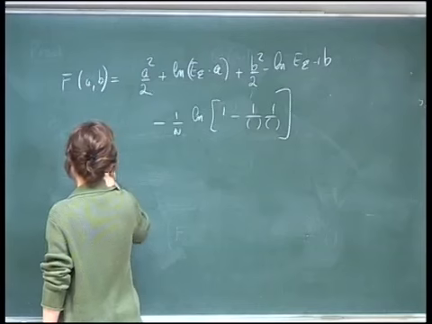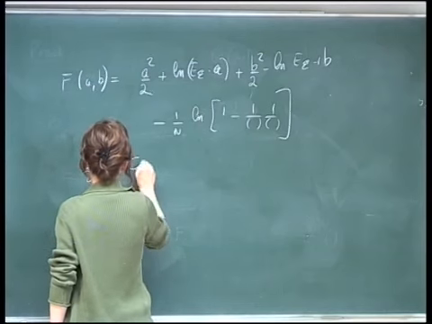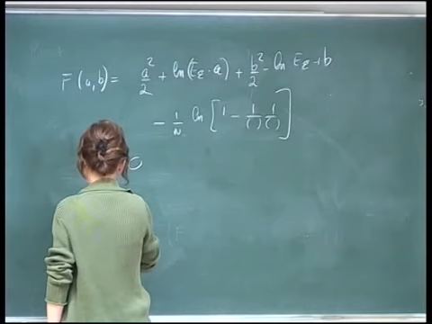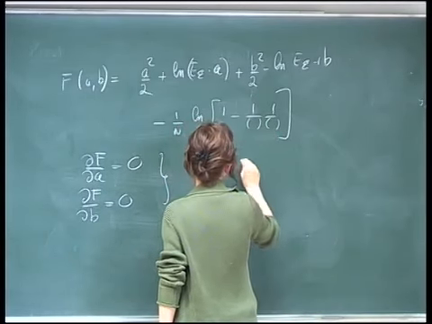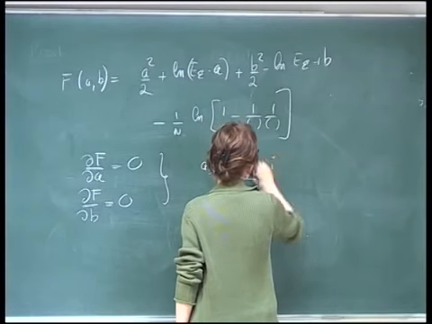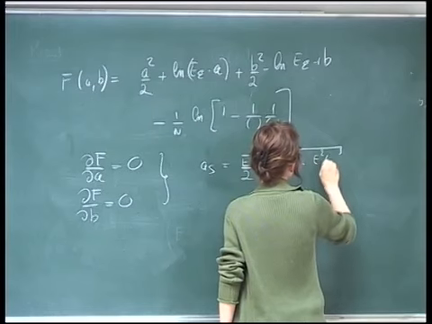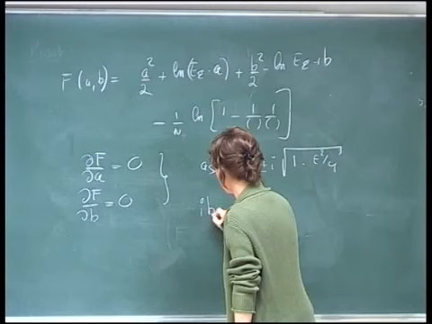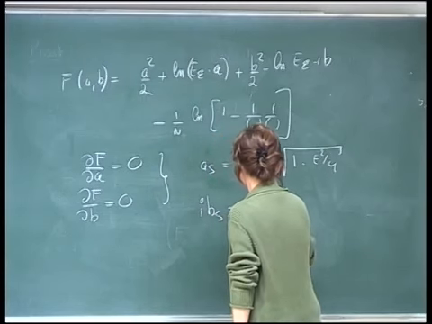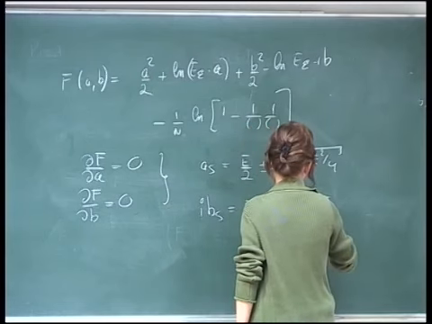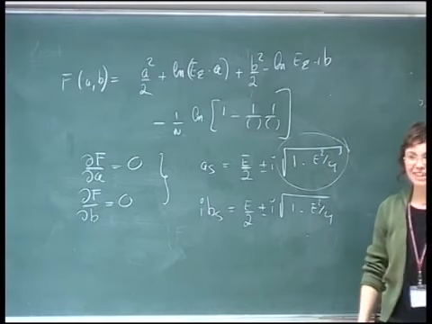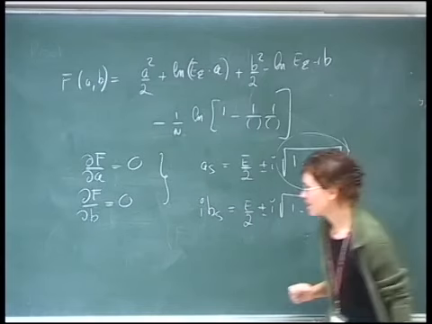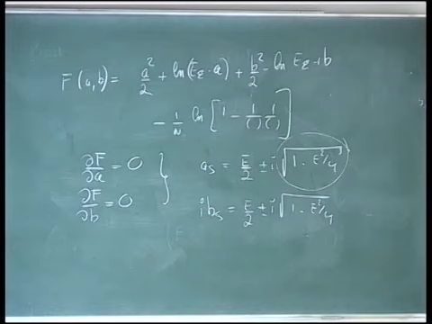Now we compute, and the result is that A saddle is E over 2 plus or minus i square root of 1 minus E squared over 4. And for B, we have i B saddle is E over 2 plus or minus i. Well, so you see that this term is already the semicircle law. Now, what is the saddle approximation? Now, I'm lost.